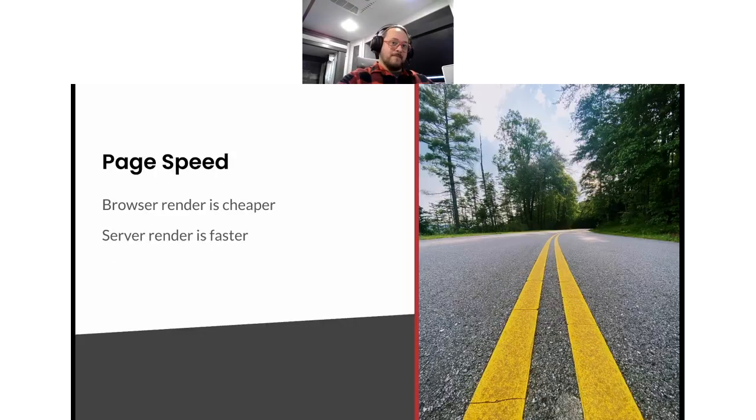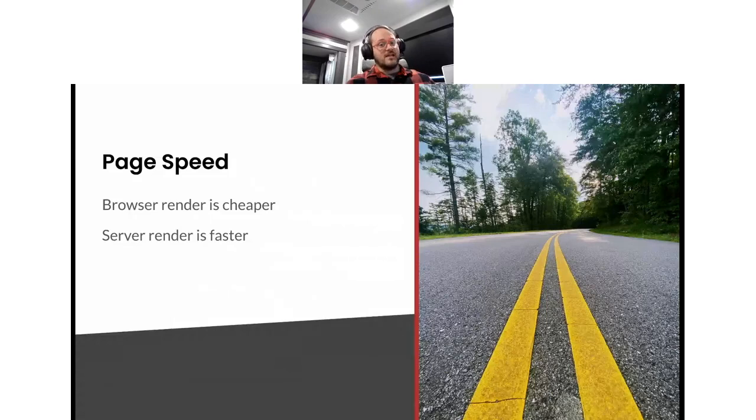Now, page speed. I've heard various arguments about whether page speed matters. And again, I'm not the SEO person, so it's up to you to decide whether or not page speed matters. But it certainly seems like as a user, I want my page to load as fast as possible. Previously, I said that React kind of loads a base page and then the JavaScript comes down and then it rebuilds the page. Well, that can take some time.